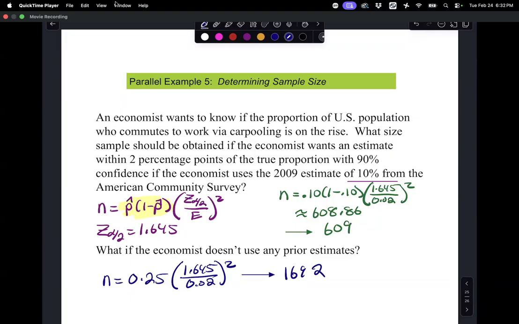So if you are building a confidence interval of your own, you don't have to. I've had people do it in final projects before. But if you are doing it in your final project, you can look at your own data. And then if you wanted to, you could see, oh, look, there's a study out there that shows that 58% of people use creamer in their coffee or whatever. And so you can choose one of those if you wanted to build your own confidence interval. The possibilities are almost endless.